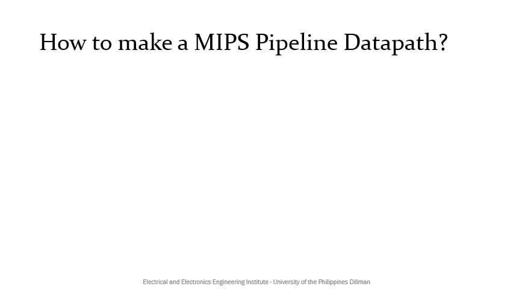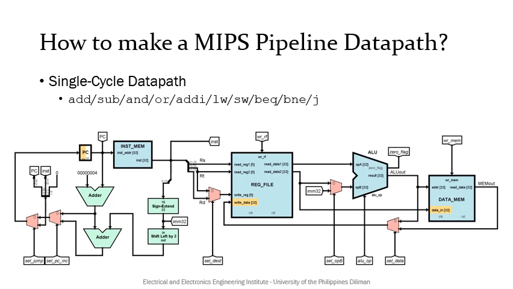So now we know how pipeline data paths operate from a high-level perspective. How then do pipeline data paths look? Or how do we make a pipeline data path? We can start with the single cycle data path we have studied 2 modules ago. From this data path, we constructed our multi-cycle data path by inserting registers at portions where we want the processing to be cut. Since pipeline data paths also operate under multiple clock cycles, then we still need to insert registers in between this data path.